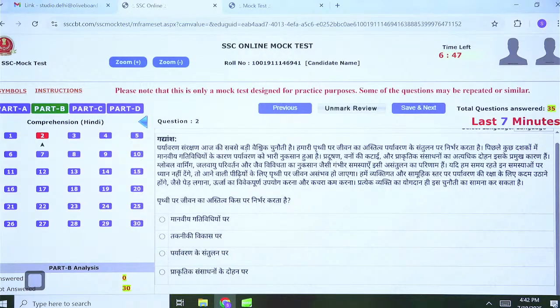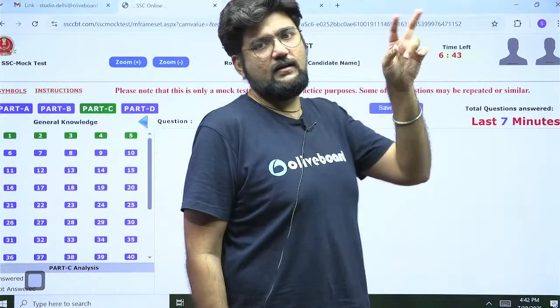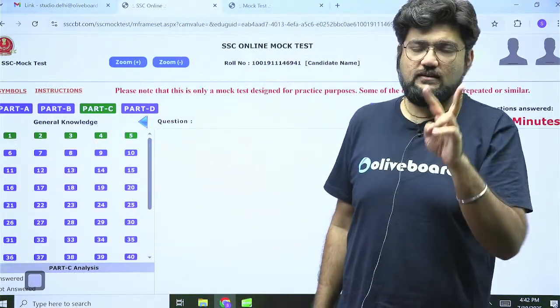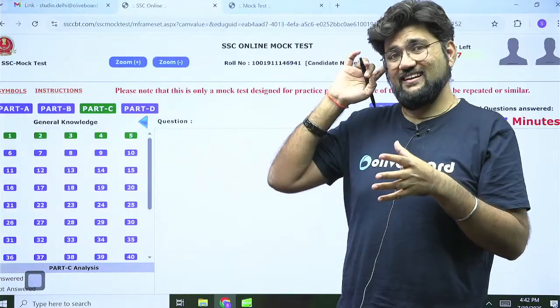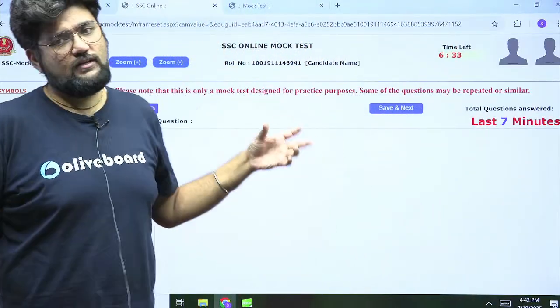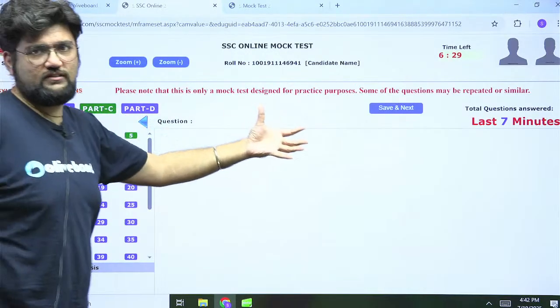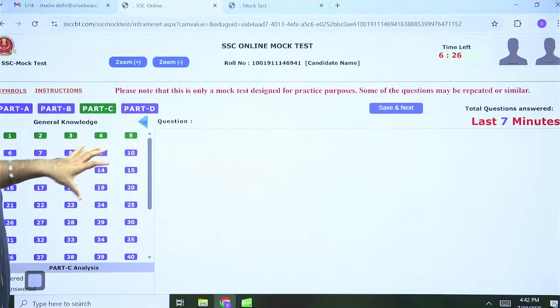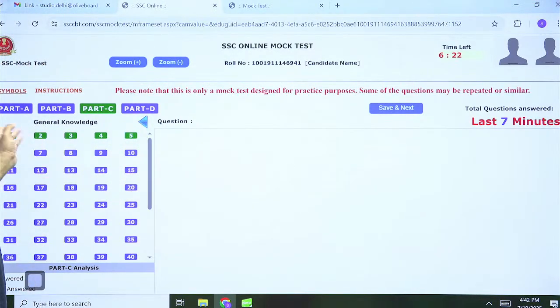Right? So it will ask you for a language preference twice. When you are actually entering this, it will ask you for a language preference twice. First time it will ask you for a general language preference, so you will choose English. And the second time it is going to ask you for a language preference of display of questions. So that is also going to be English in your case. But don't get confused, there is no Hindi question. This is just for you to understand how it is going to look like. There is no comprehension in Hindi which is happening. Now here see, there are 5 questions which have been answered. So this is how it is looking like. We are clicking the 6th question.